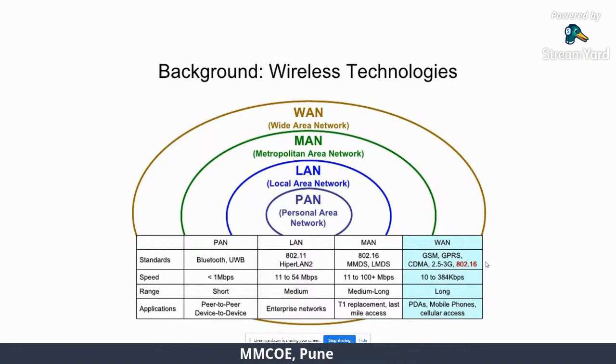Followed by that, you have metropolitan area networks. There are several standards, again IEEE standards. One which is shown here, 802.16. You can enjoy even more data rate, and you have even a citywide range for metropolitan area networking protocols.